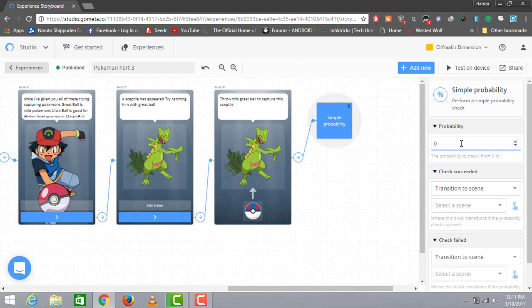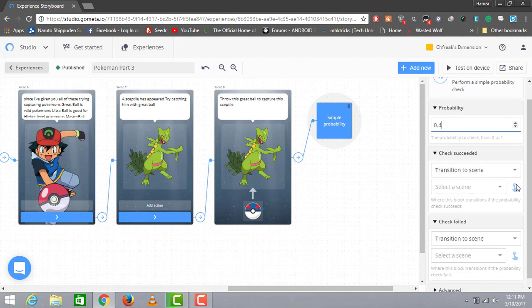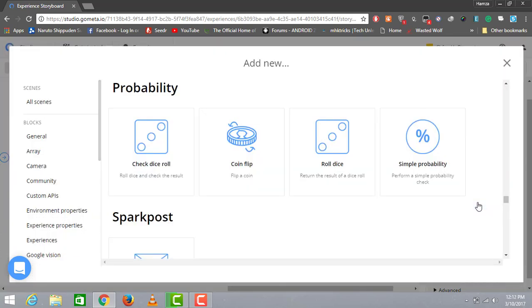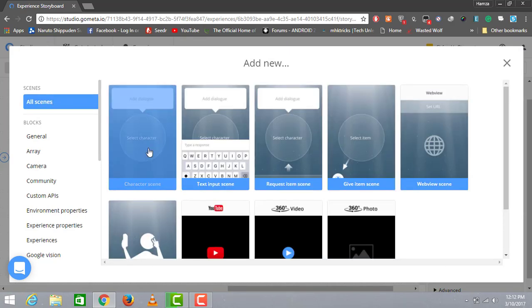I'm gonna change the value to 0.4. You can change it to anything you want, 0.1 to 0.9. I'm gonna transition it to a new scene, and that will be a character scene with a picture of